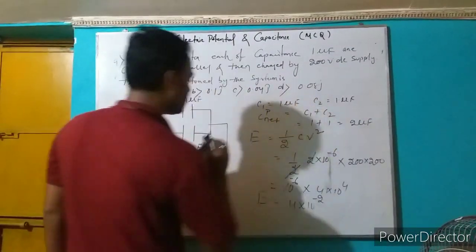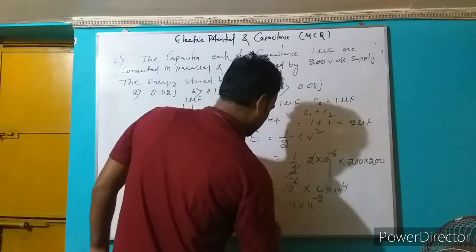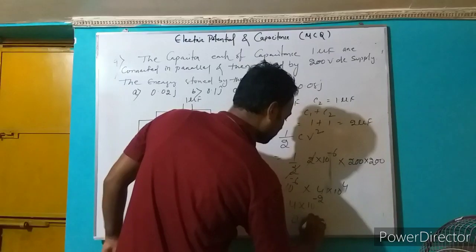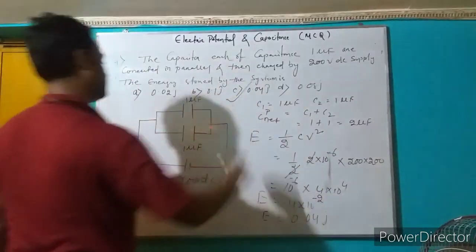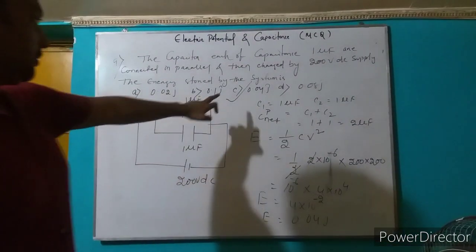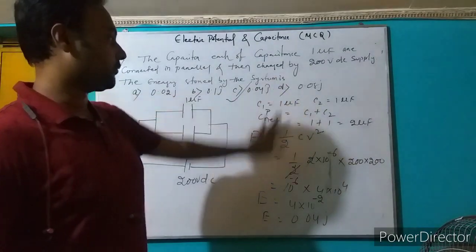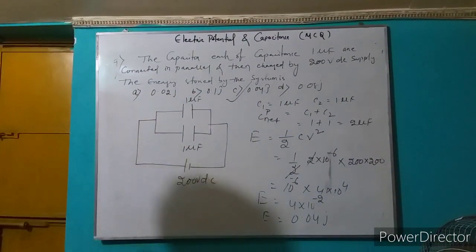Which option is correct? In decimal form, that means 0.04 joule. So my option C is the correct answer. You have to understand that. Option C is correct, that is 0.04 joule. Clear? Now my next question is,